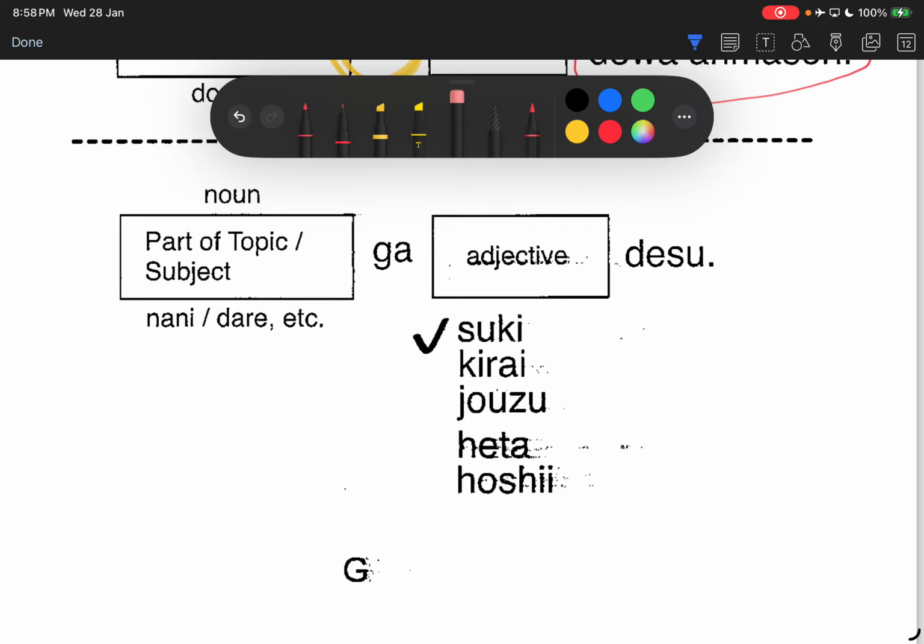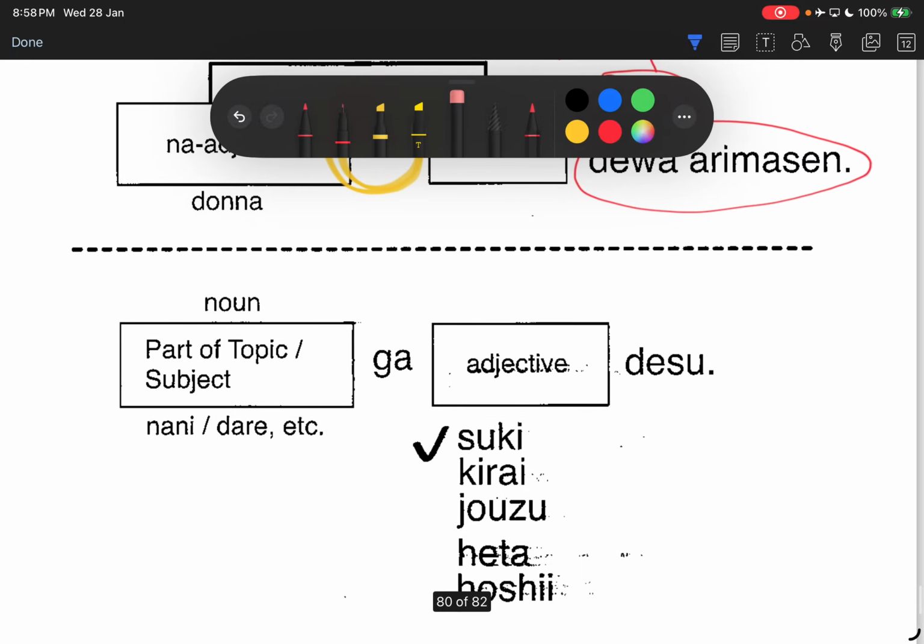Okay, so for all these words, 好き、嫌い、上手、下手、欲しい, you must have an object that you hate, like, are good at, are bad at, or want to have. Right, so all these 5 words need to have something. The something is what we call an object. This is why we use ga. Ga tells us what the object is. So when we have an object: ga, 好きですか、嫌いですか、上手です. We must have an object. Of course, the subject can be like 私は. 私は歌が好きです。